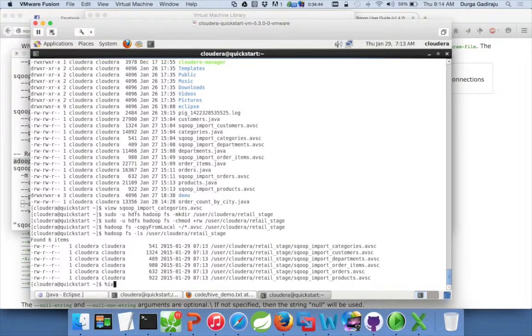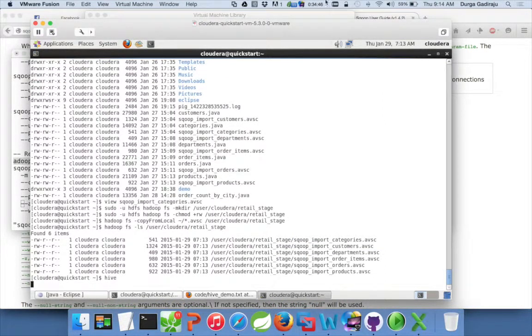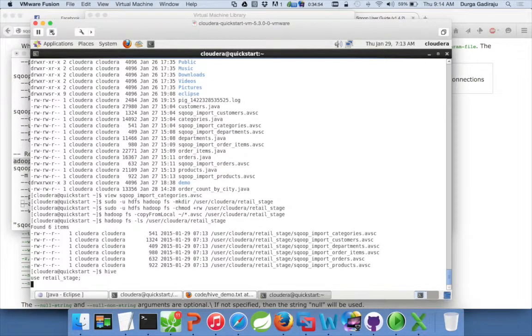I'm launching Hive. We have to use the retail stage database to create this external table which reads data from Avro.